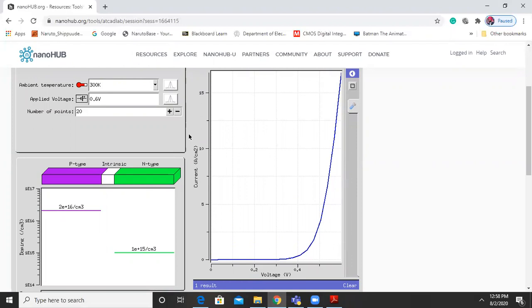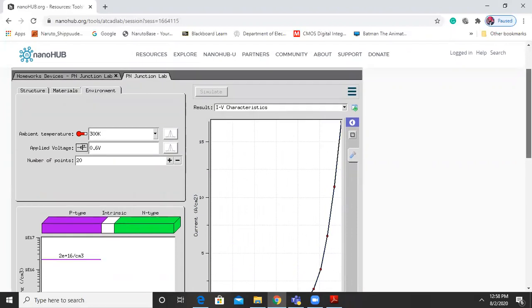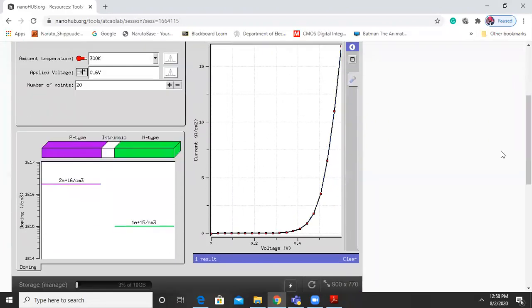We can select silicon as a material. We can select the ambient temperature to be different. We can select the doping concentration to be different. And also the applied voltage can be varied, either in the forward bias or in the reverse bias. So we can do all sort of stuff and we can view this IV characteristics for a simulated PN junction. And here we can calculate at one value of voltage how much is the current.